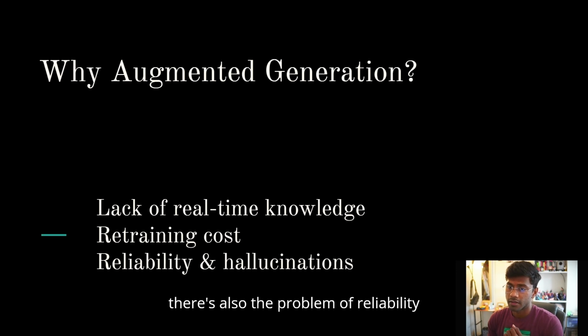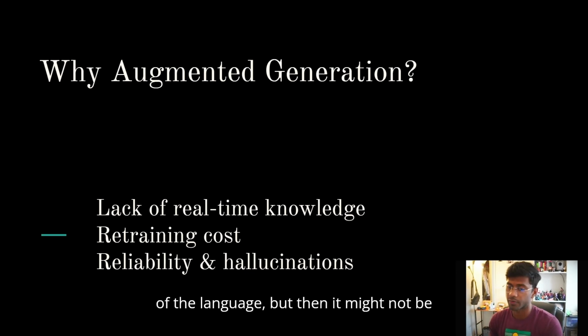And there's also the problem of reliability with large language models, because validating LLM output is always going to be an issue, and reliability is a concern, because there are hallucinations with LLMs where we have LLMs making up facts, being convinced that they are correct about something that's entirely wrong. And then suppose you do want to improve or update the data that the LLM is trained on. You have to retrain the entire model, these large language models, and there's a high computational cost that is tied to it, which you want to avoid,